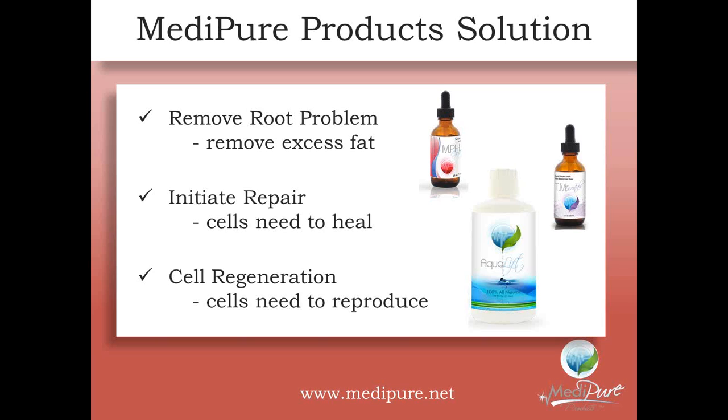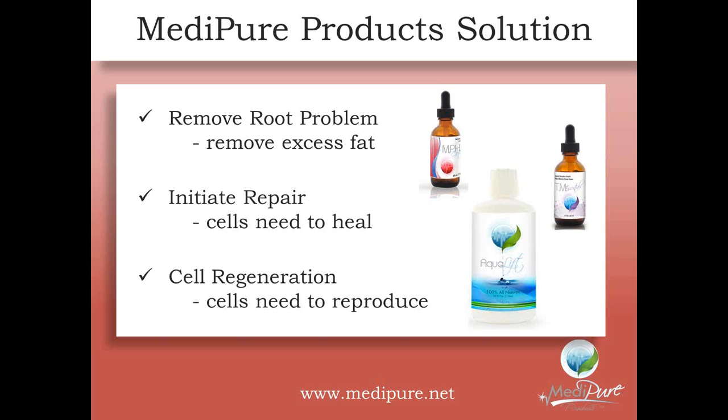Once again, MPH drops remove the fat, TM Essentials provides the nutrition the cells need to repair themselves, and Aqualift is the signalizer that helps to foster stronger signalization and support the immune system, so creating an environment that is needed for healthy regeneration and, of course, repair. So this is a solution or a package that we provide. We've seen a great amount of results from people that have taken these products together